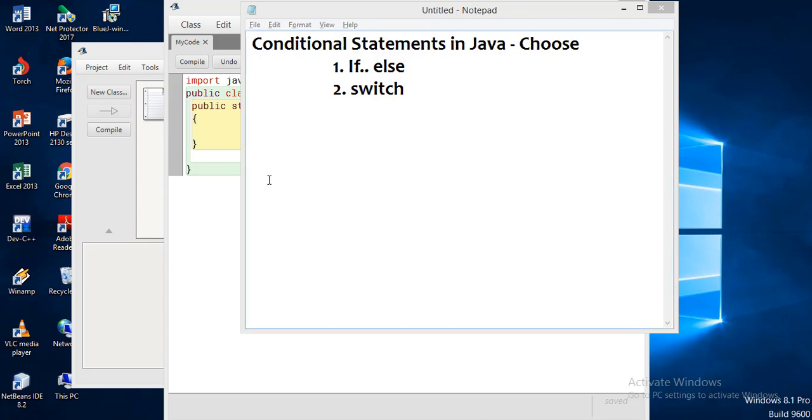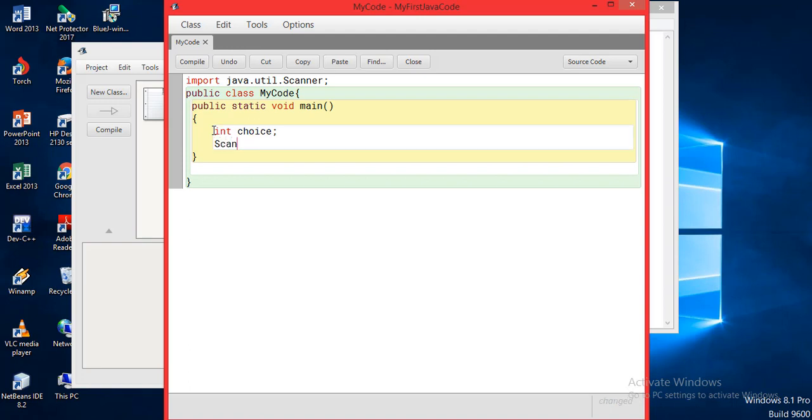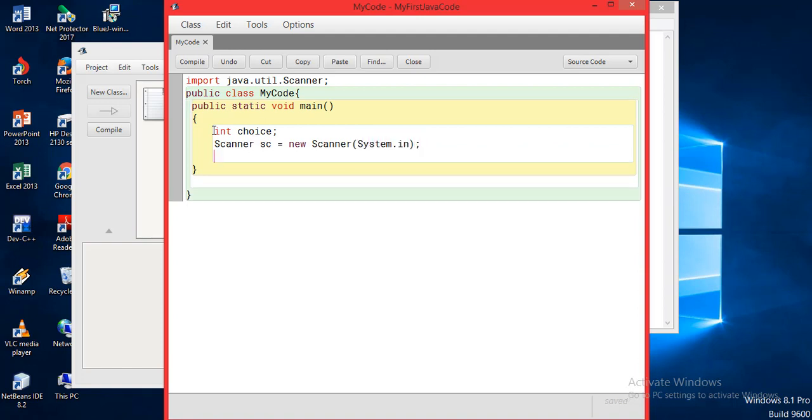So I want that automatically based upon what you are typing, the language should be chosen. Okay, so I will say I want a choice out here. So I'll say int choice for various languages. You can write it any name, does not matter. Okay, out here I'll just say Scanner sc. So I'm taking the value from the user, new Scanner, and it will come from the keyboard, that's why System.in, right? Okay, so these are basics now.